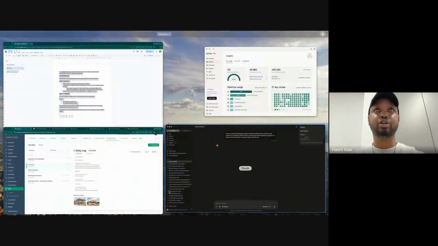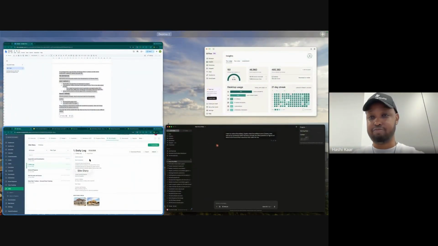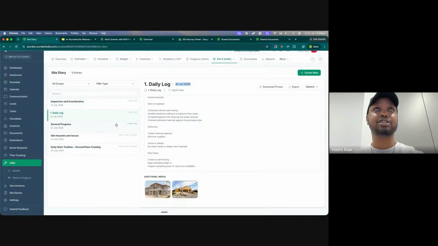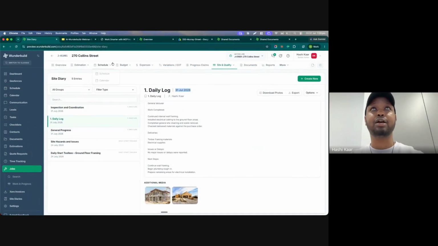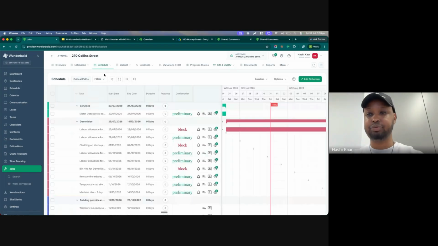But I've included a good example, which some supervisors or site managers who might be in the meeting today, here in the chat. A very good demo here, where in our Wunderbuild,